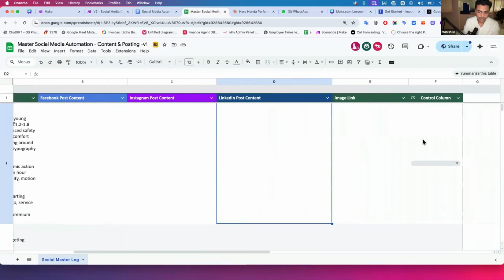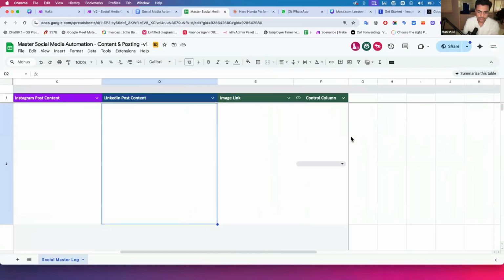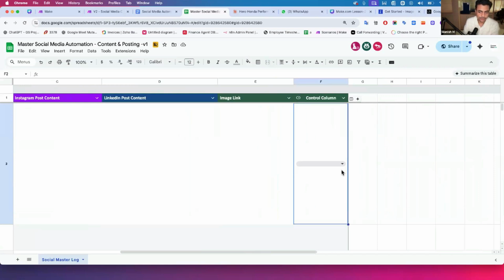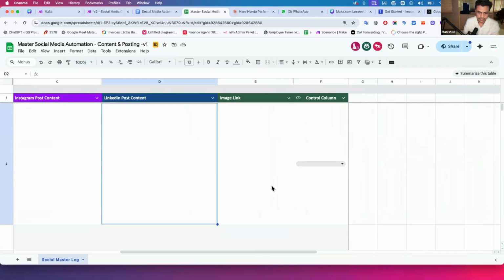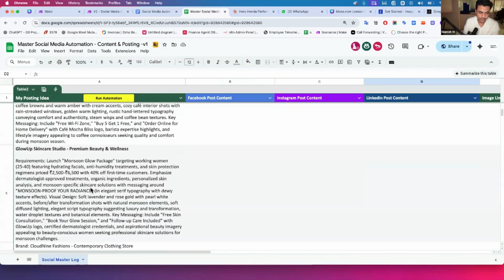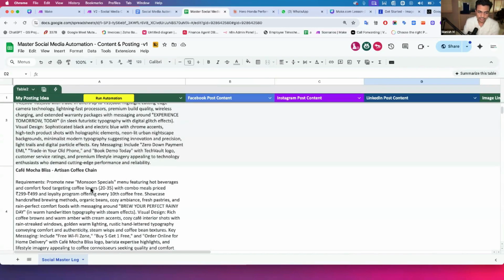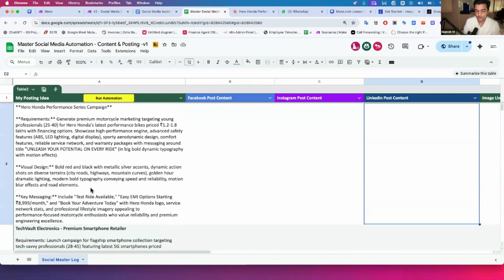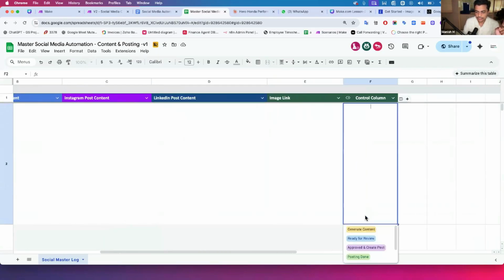Now, how to control the distribution? So essentially, I have put in a control column over here where I say, if I want to generate content for a particular idea, let's say I can make 10 entries over here. This is how I made it, right? So I can have 10, 20, 30 entries over here, but I don't want to process them all together in one go. So what I said, wherever I select generate content, then only it should pick that particular row,